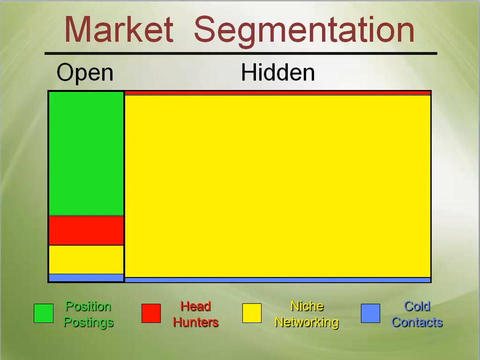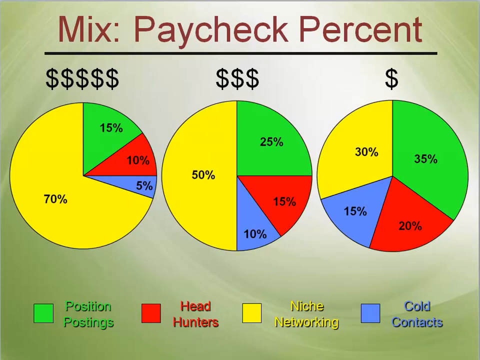Well, we've looked at the mindset. We've looked at methods. We've looked at the market segmentation. Let's take a look at mix. The right mix of these methods relates to the money you make. The proper percentage relates to your paycheck. As you can see, we've got big buck, middle buck, and little buck folks all in the job search. For helping you understand, I'm going to say big bucks are people making 6 digits or more. Little buck people would be maybe people making under 50,000. All right, so middle buck people are going to be somewhere 50 to 100.